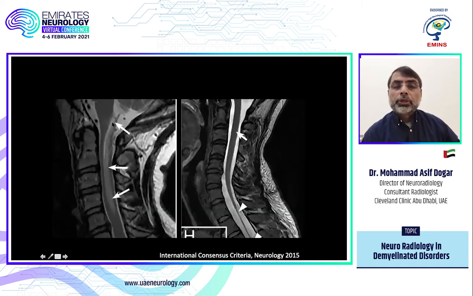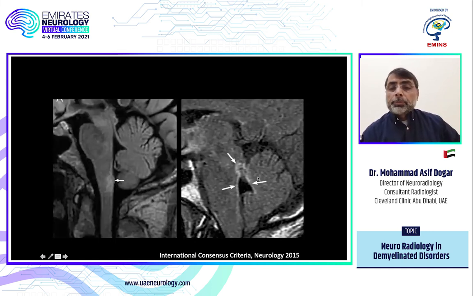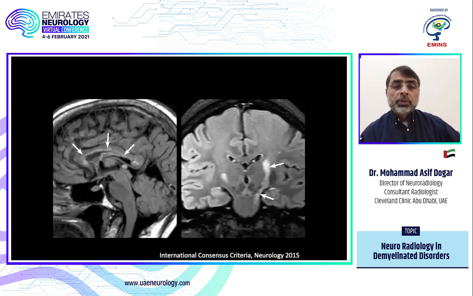So these are the images from that paper. You can see a lesion going to the area postrema. You can have a focal atrophy later on. So this is involving more than 2/3 of the optic nerve. This is also involving the optic chiasm. These are typical periventricular lesions, and again here the area postrema is involved. They can have a large lesion looking tumefactive. The corpus callosum can be involved, and here you can see the corticospinal tracts are involved.